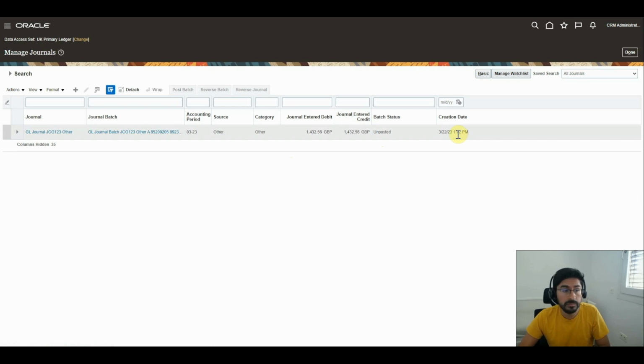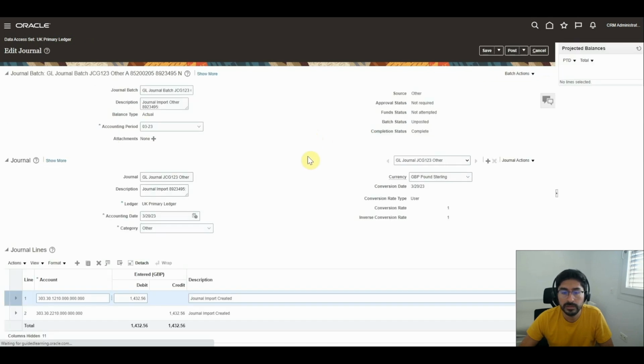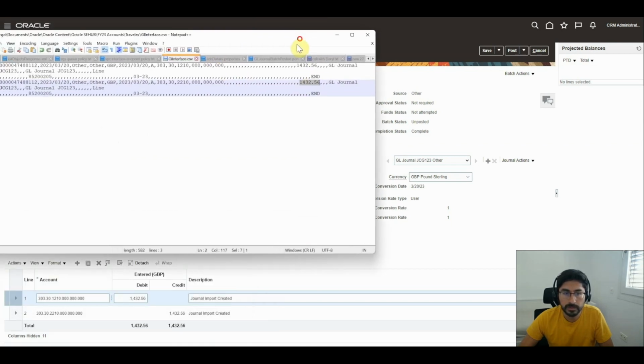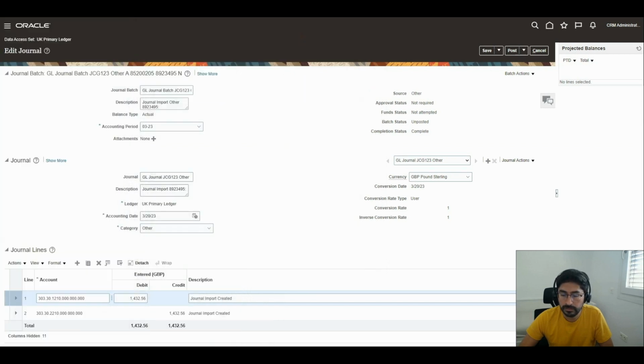Look at the time. So if I enter here, the accounting period, so we should see the same values here, the accounting date, and the values that we put, right? So it's unposted. So the next thing that we will